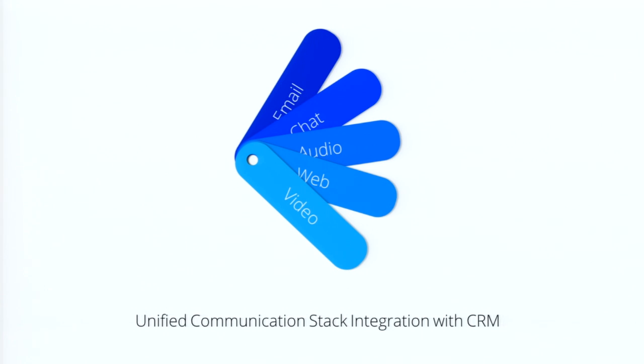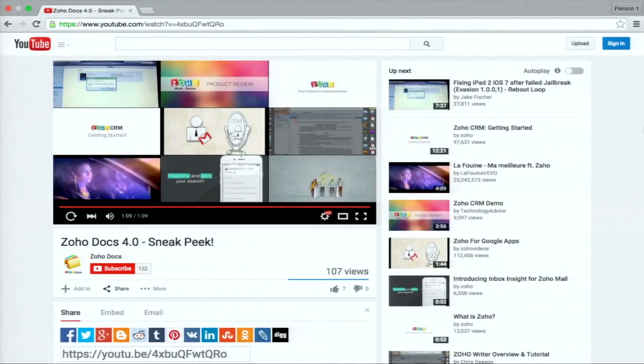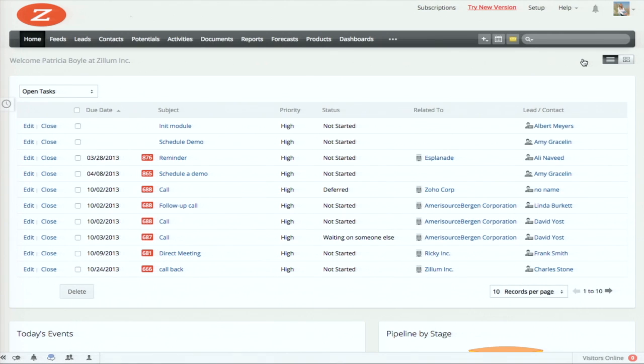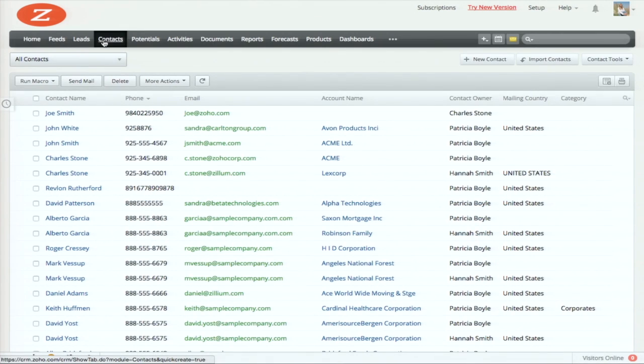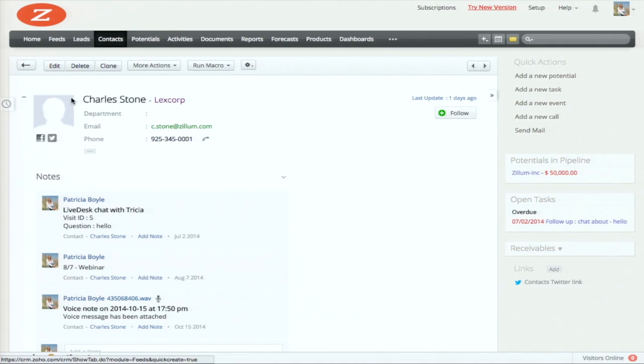So let me start showing you the product. This is Zoho CRM. You go to any contact in CRM. Let's pick a contact, Charles Stone, a popular figure in the company. If you notice, no matter where you are, there is a chat bar at the bottom.